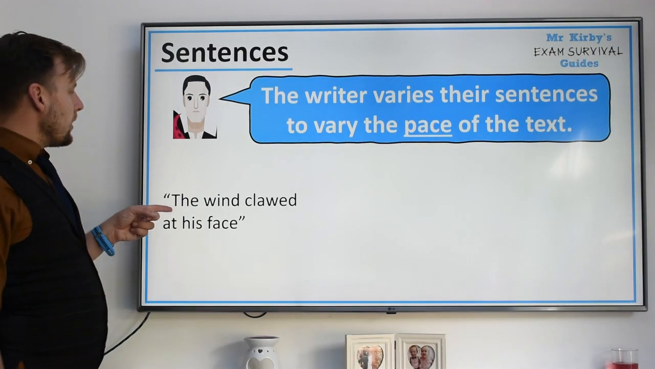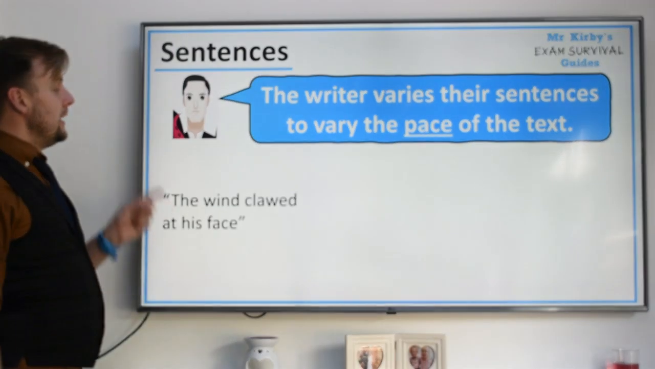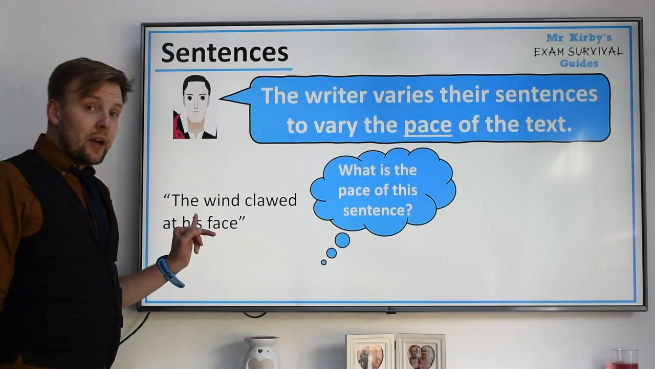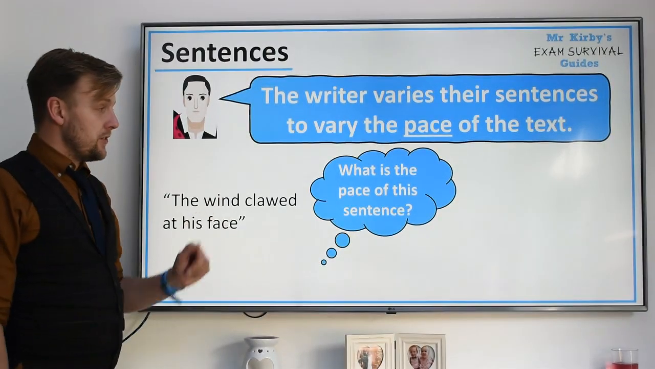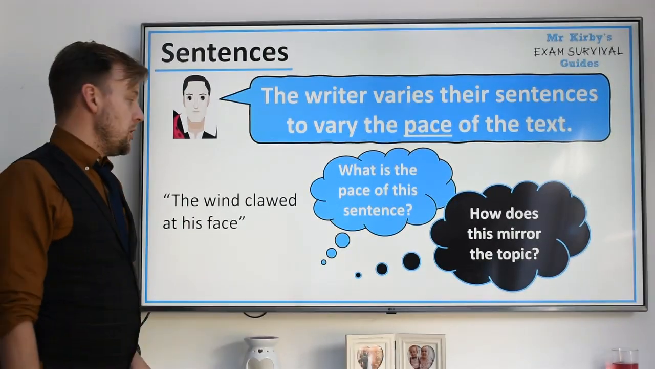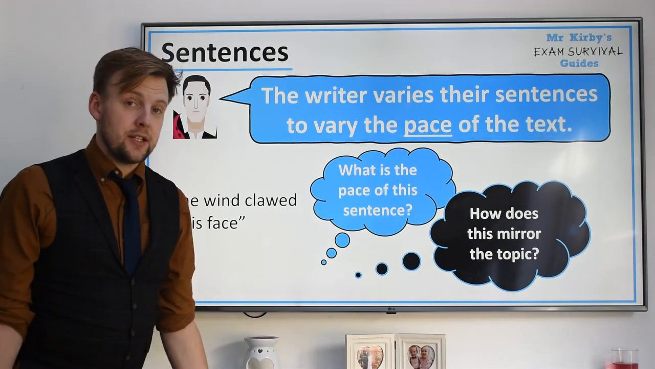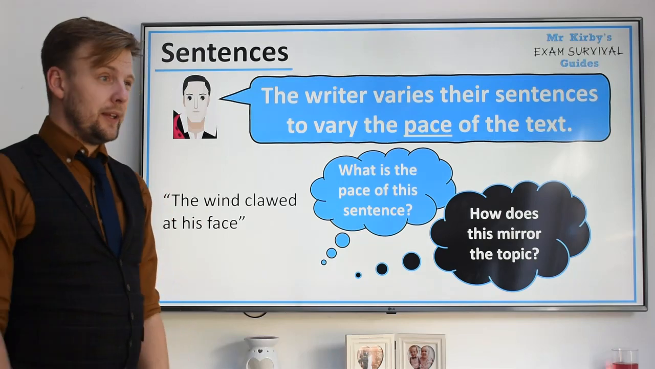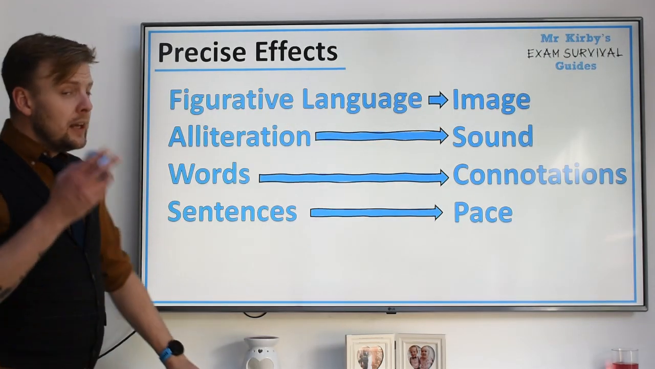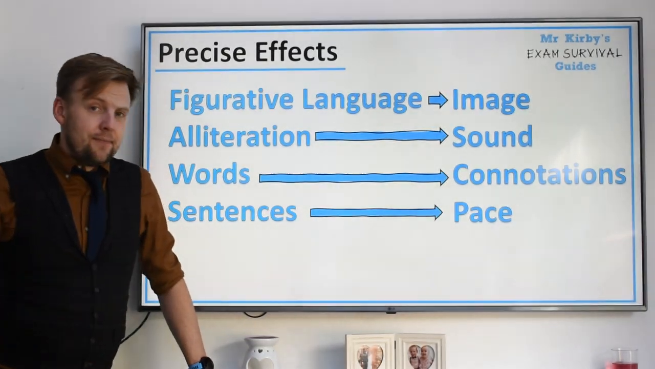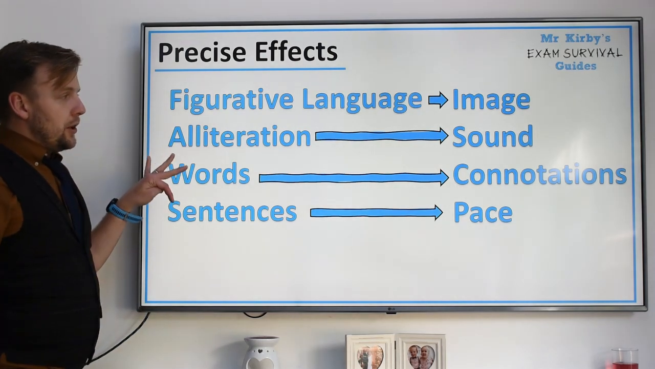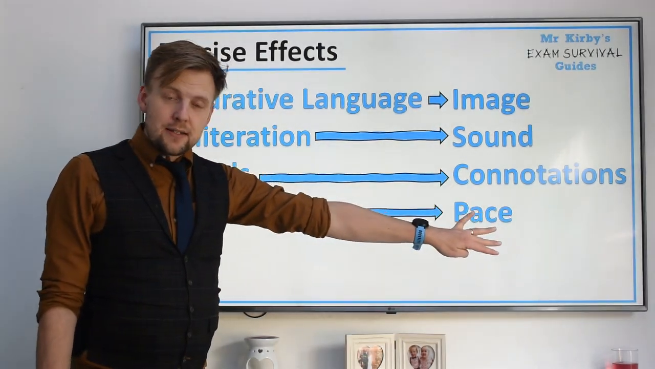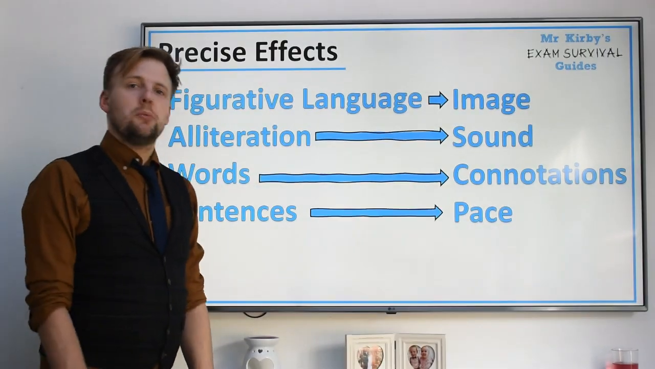So, the wind clawed at his face. What does that tell us about the pace then? So what's the pace of the sentence? Well, that's very quick. There's no punctuation marks in it, it's very, very quick. So therefore, what does this mirror about our topic? Well, it shows how quick the wind is going, how there is no pause or let up in the intensity of the wind, okay? And that is it. If I know those four groups, and I know those four effects, it makes my language analysis so much easier,